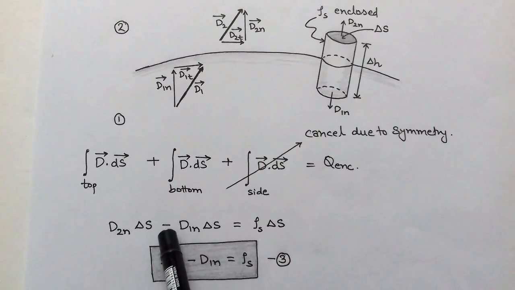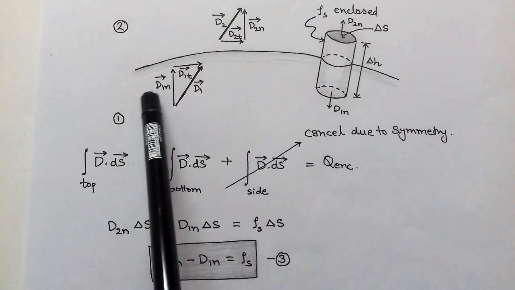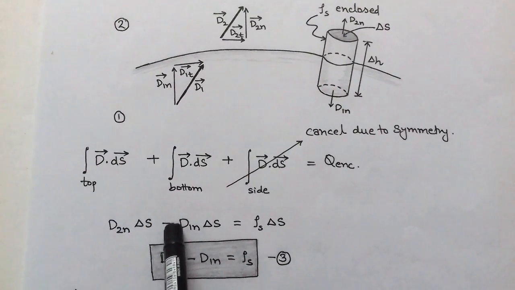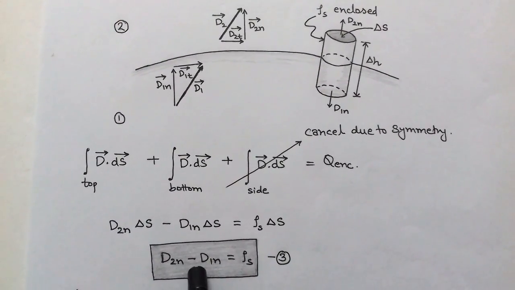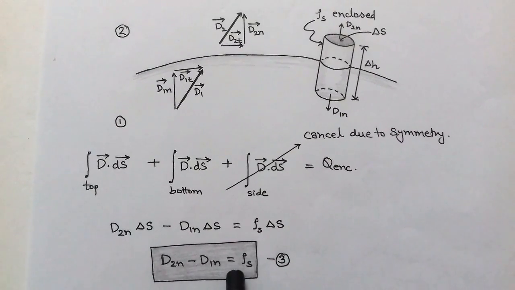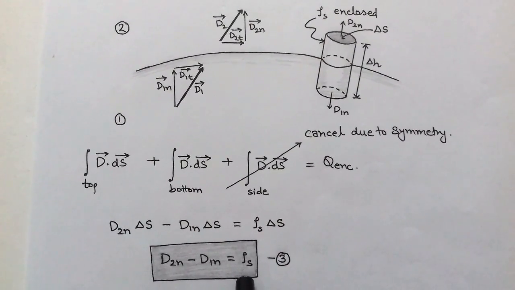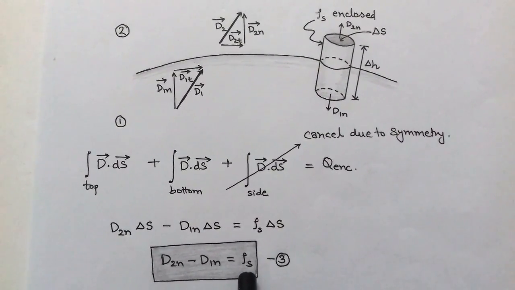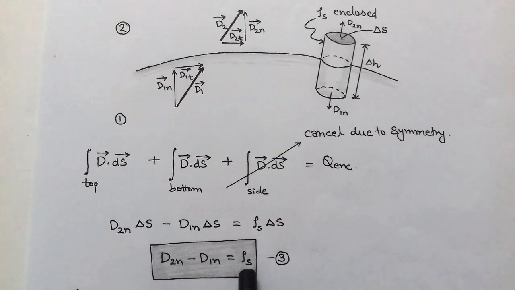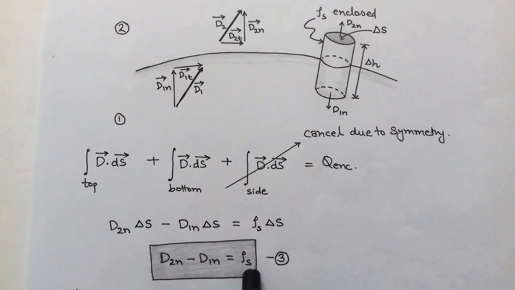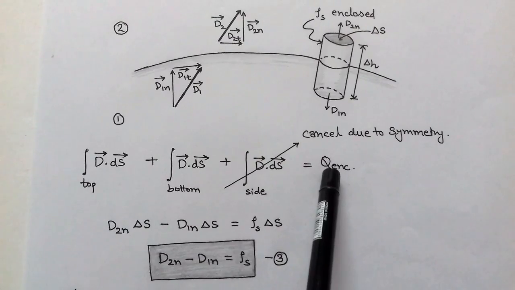So after taking these two terms, surface integration of top and bottom, we get D2n into delta S minus D1n into delta S, because here D1n, the normal component on the bottom surface, is opposite, and equals to Q